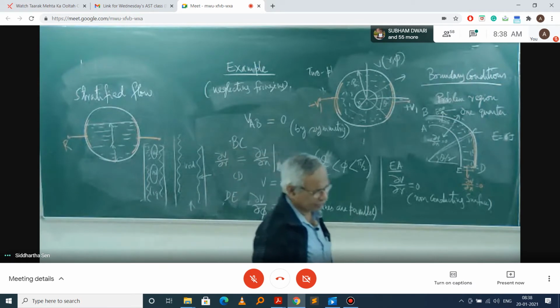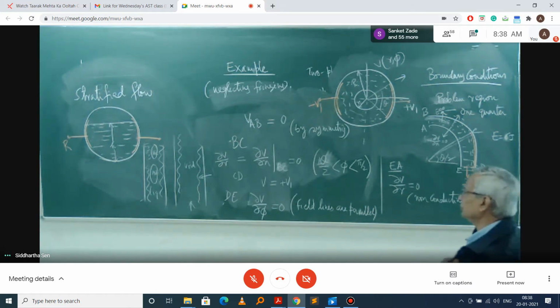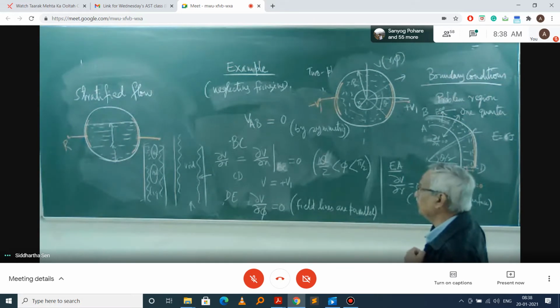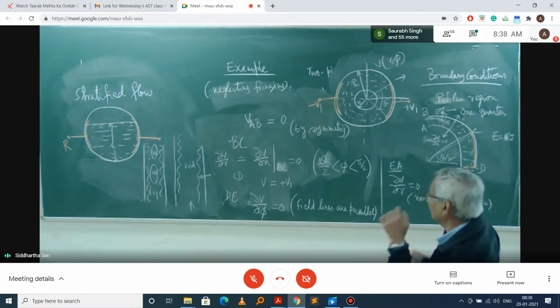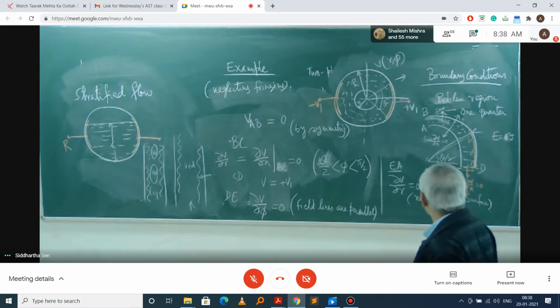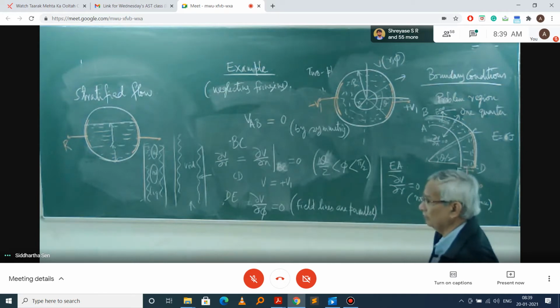So now the question is how to solve the Laplace equation. First of all, you will have to solve the Laplace equation, and second, apply the boundary conditions. If we have the appropriate boundary conditions, you will be able to find the resistance and all the other quantities. So these are the implications of the boundary conditions which we wanted to discuss. Now we will go to the problem of how to solve the Laplace equation.